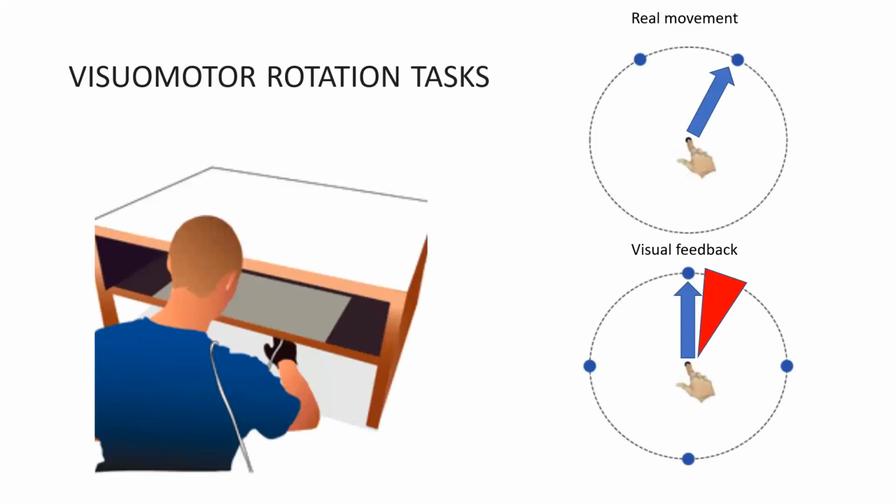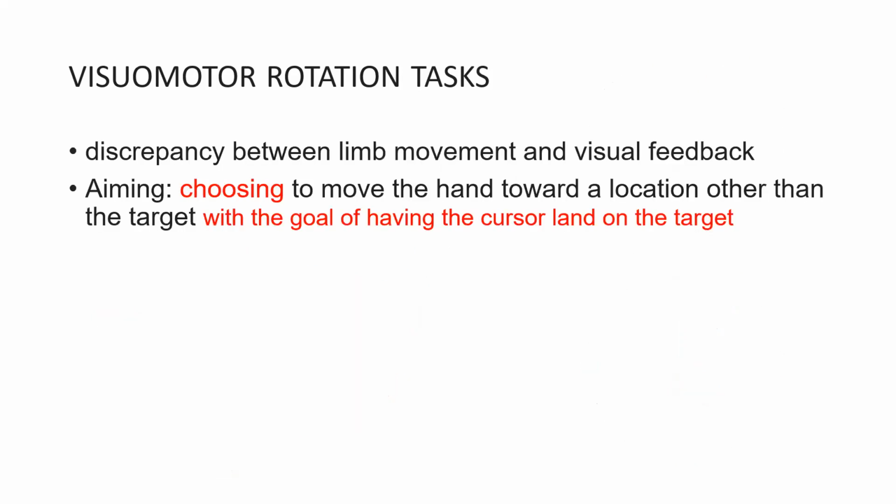And a visual rotation task is similar to the previous example with the dartboard, but as you can see on the right, instead of having a change in the placement of a bullseye, there is instead a discrepancy between the angle of hand movement in an attempt to reach out towards a target. And instead of throwing a dart, you're sitting at a desk, moving your hand, trying to swipe towards a changing target. So to explain this more clearly, during a visual motor rotation task, you induce a discrepancy between what your hand is actually doing and what you visually see your hand doing.